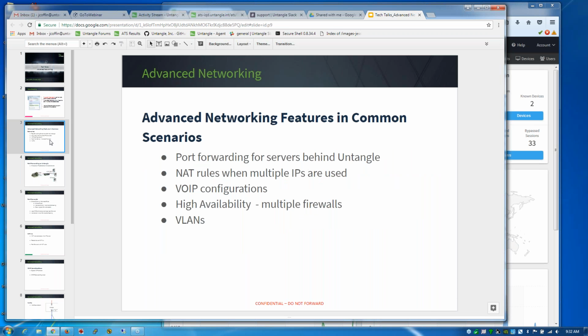Thanks, Shannon, and thanks everyone for joining us today. We're going to really touch just a few areas of advanced networking. There are so many areas that we probably couldn't cover them in the 30-45 minutes we have. So the most popular advanced networking features we're going to cover are port forwarding, how to get your port forward set up and direct that to whatever servers you want to provide services down to the internet. How to use NAT rules when you have multiple IPs, public IPs, and you only want to use specific